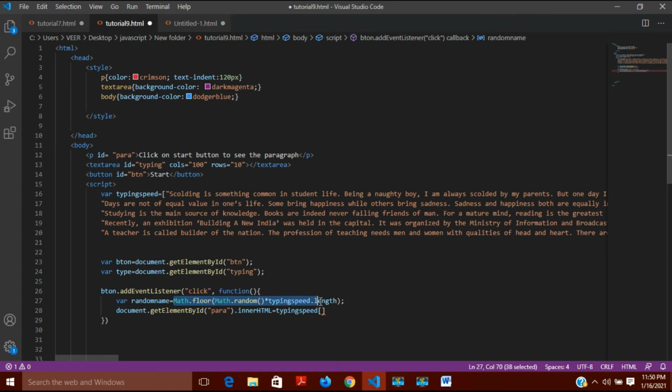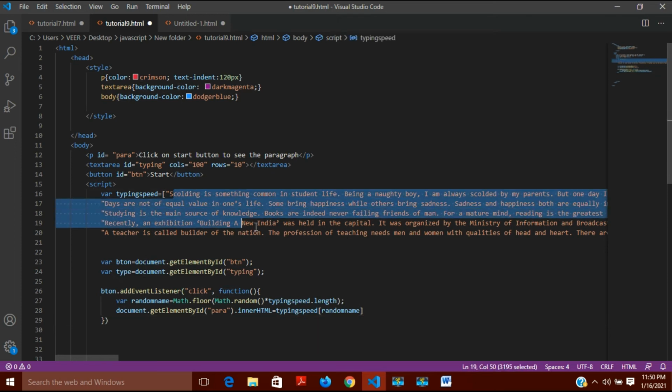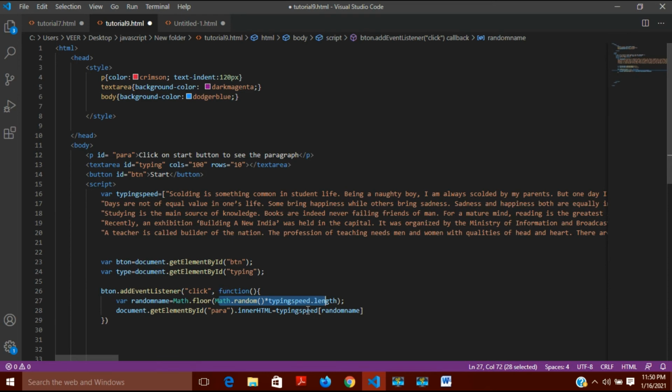Whatever random value has been taken has been stored into it, and I will use it inside the brackets. Okay, and automatically any of these paragraphs will be taken, whatever number I get here. So this is how I will write it. It will take any of the numbers from here whenever there is a click.